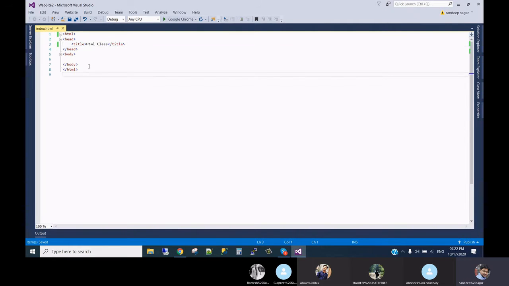Next we will go through some tags. Basically, to write any text in the browser, or in the HTML, we can normally write anything, like this is my new session. This is also supported.